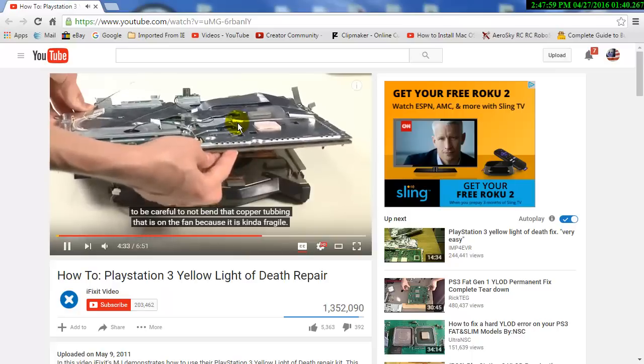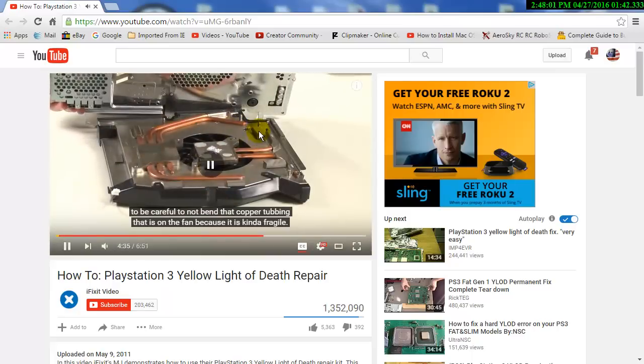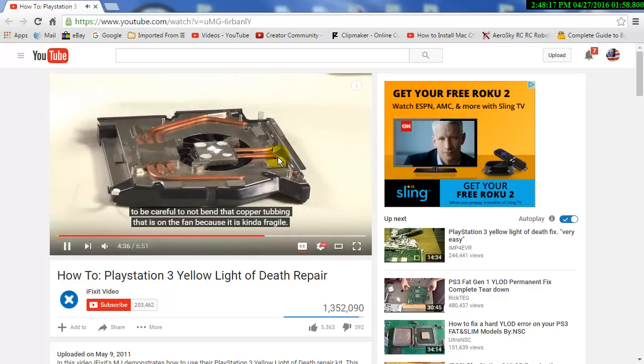You want to be careful though not to bend that copper tubing that's on the fan. Okay, now I'm going to pause it here. You see that? That's the IHS spreader. This box was already repair attempted previously. Okay, and they thought they was going to squeeze that past you because a little bit further into the video